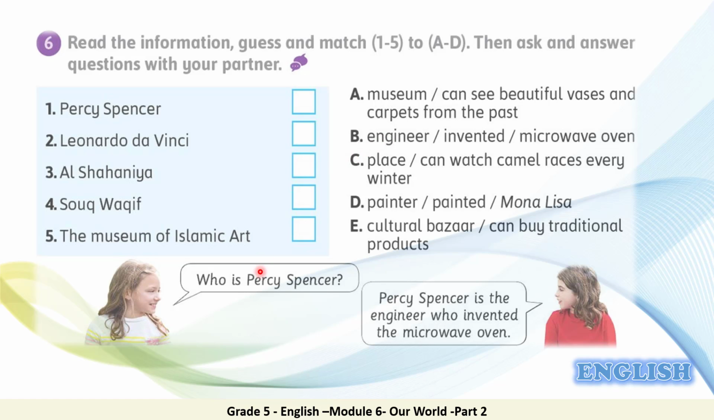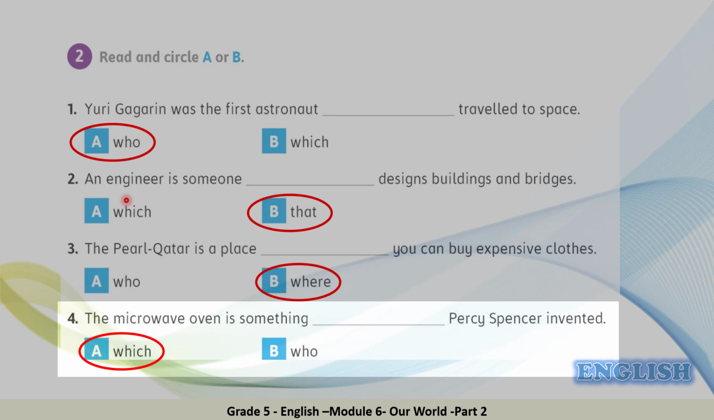After that, we're gonna make conversations like this one using the relative pronouns we have learned. Let's do the first one. Percy Spencer. This is a name of a person. Who is this person? You remember the last exercise, my friends? We have talked about this person. Let's go back here. Read this. The microwave oven is something Percy Spencer invented. So it's clear now. The answer is